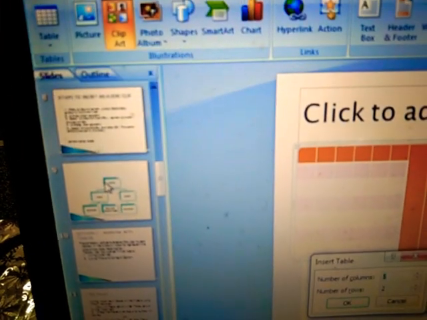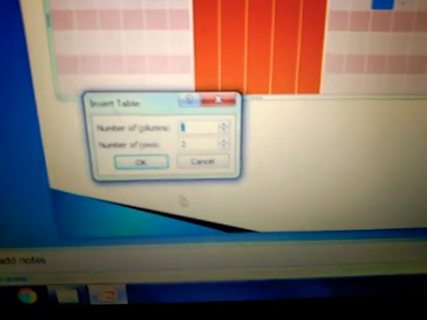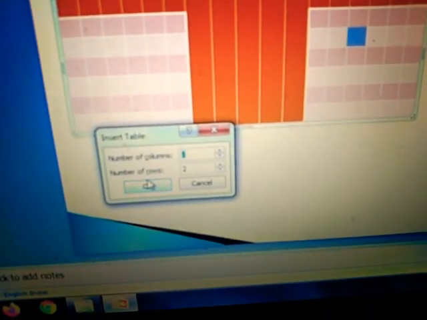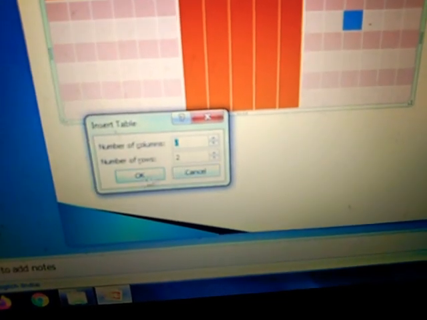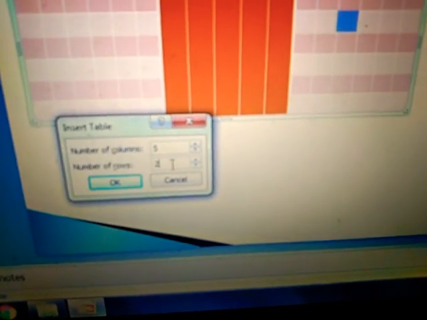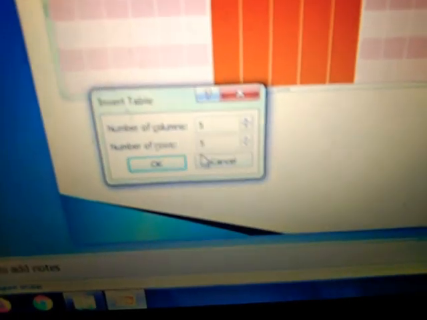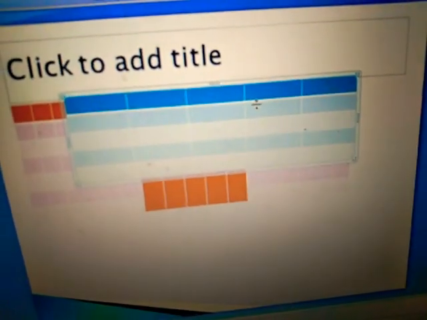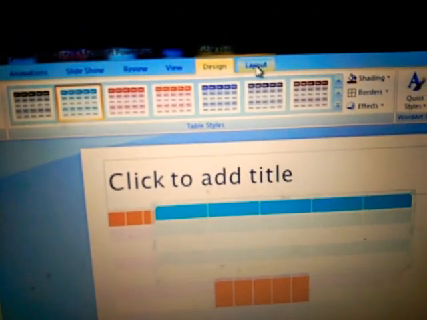Now the second method is to click on this Insert Table option. When you click on it, you will see the number of columns and number of rows; from here you will select the number of rows and columns, and then click OK. Number of columns 5, number of rows 2. In place of 2, I'll do 5. Then click OK. When you click OK, this table will appear with 5 rows and 5 columns. Done. When you insert any table, again two new tabs will appear, Design and Layout.